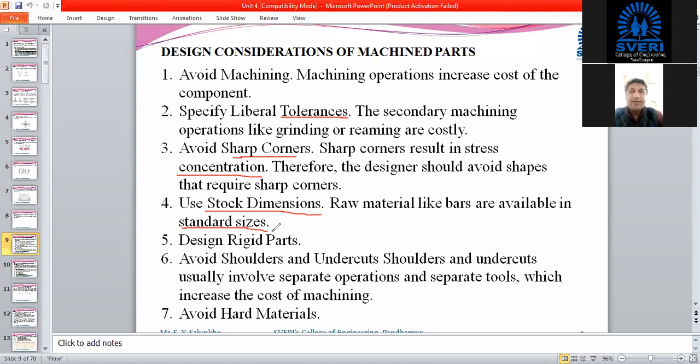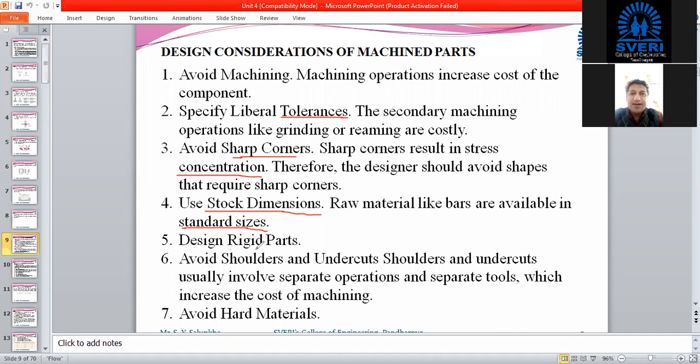Instead of that, you can increase the dimension to 10, so that only 2 millimeter of material has to be removed, and the rest of the material gives additional strength to that particular pin. Likewise, we can reduce the machining cost also. So we have to use the standard bars and the availability of those standard sizes.